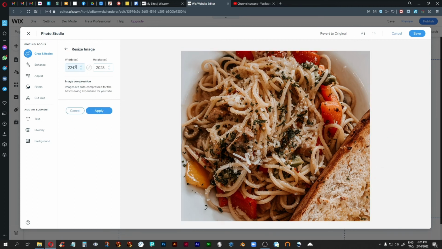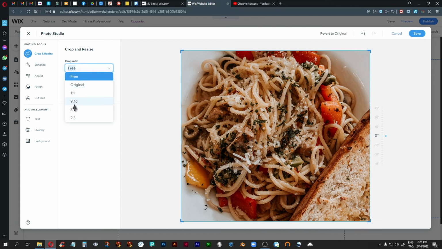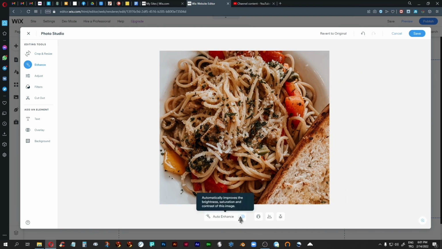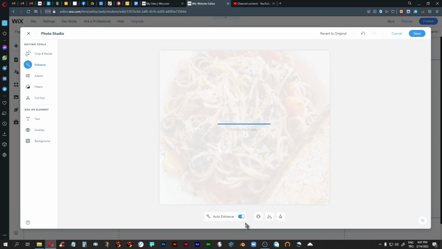The maximum I can go is 3000 pixels, and you would never want to make a bitmap image go bigger. You would usually want it to go lower, because the bigger you go, the more image quality you're going to lose. But you can also resize the image, so I'm just going to go cancel with that. Now with the crop ratio, you can do things like 1:1 and things like that, so you need to check that out. You can enhance the image, so if you just click on this here, it'll do some auto levels,